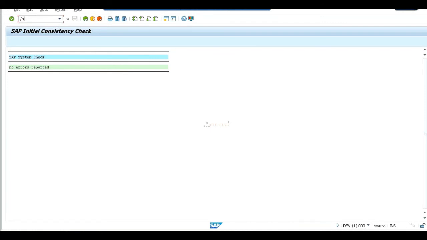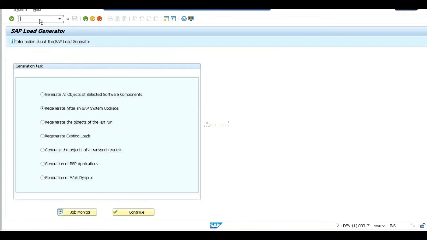Got it? So /n means in the same session you will see the new screen, new program. I executed /nsgen, so in the same session I got the sgen program screen, right?